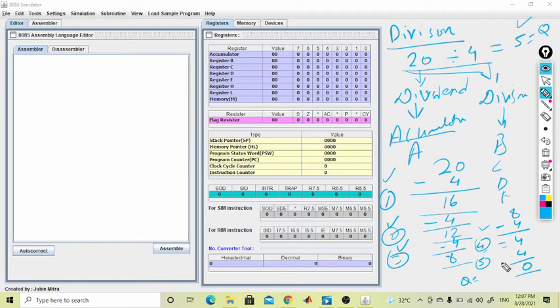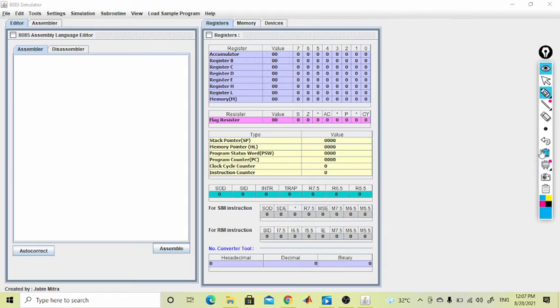This is the overall logic behind the division process. Without using a DIV instruction in our 8085 microprocessor, we perform division by using the subtraction instruction.